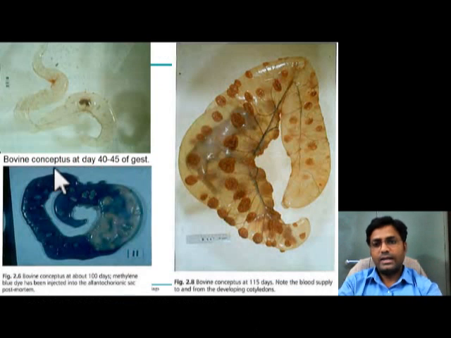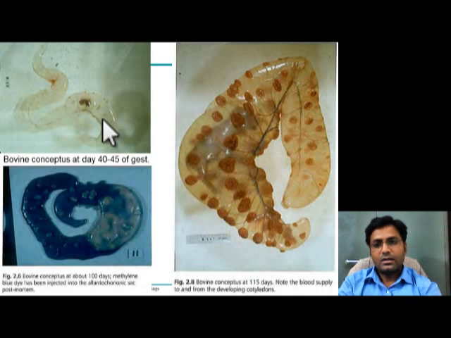So here you can see the bovine conceptus at around day 40 to 45 of gestation, which contains the embryo proper, this greyish colored structure contained inside the amniotic cavity, and the other, outer cavity, that is the allantoic cavity. All these structures, amniotic cavity, allantoic cavity, fetal fluids and the fetus, are cumulatively called the conceptus. Although the amniotic cavity and allantoic cavity are not clearly visible separately.